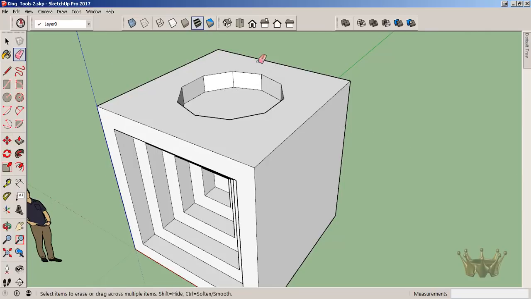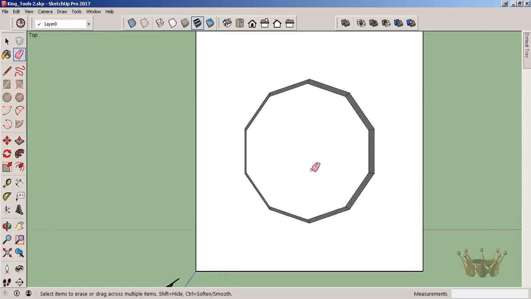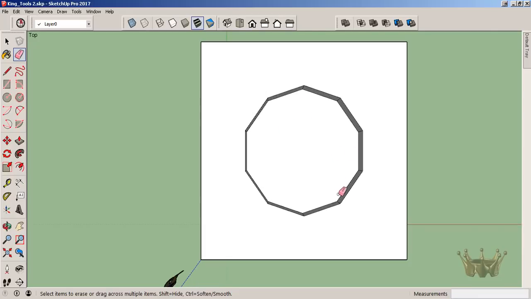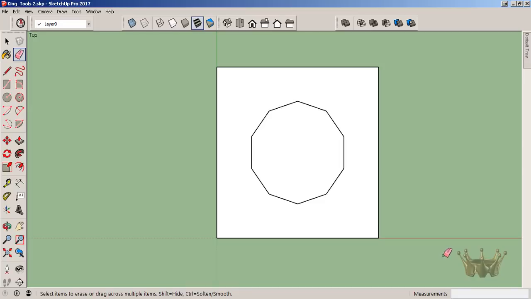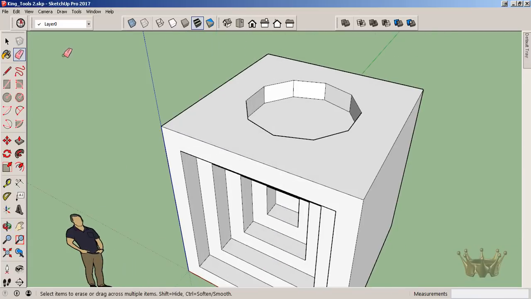Look down here on the top again, and you see how this shape is now not exactly flat. You're looking at a perspective view so that you can tell there's some depth there. If I change my camera view to parallel, it would appear perfectly flat, even though there is indeed depth there. So we're going to keep it as perspective, and let's take our polygon, and it should still be set to 10,